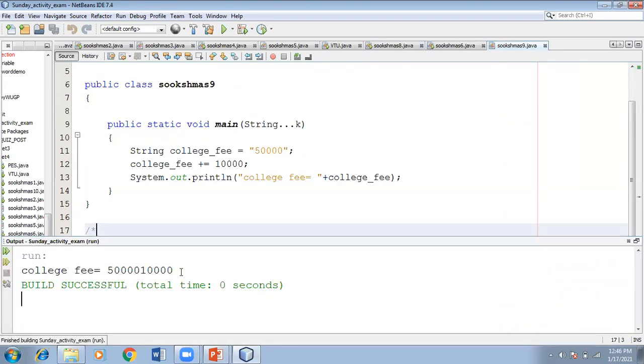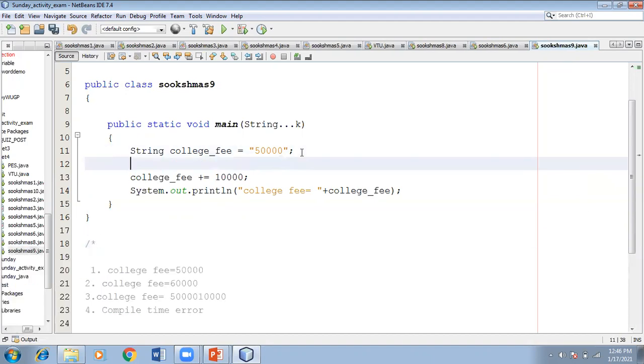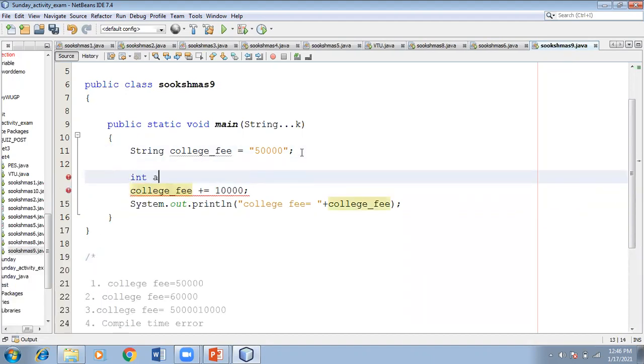So 50,000 and 10,000 will never be added. Why? Because this is the string representation. Here collegeFees is equal to 50,000 as a string, then followed by the 10,000. So as it is, it will be printed. Why? Because the first one is a string representation. So if I try to add like this, int is equal to 10,000,